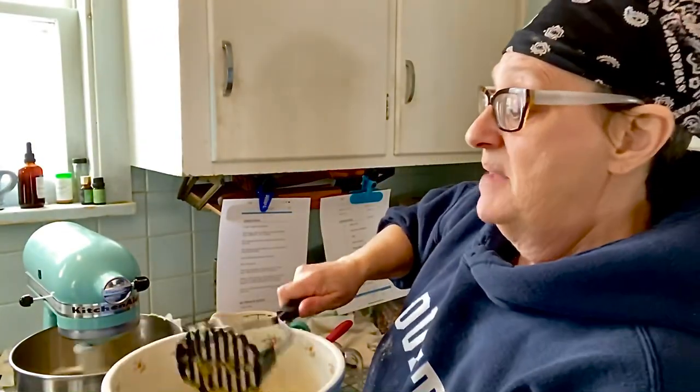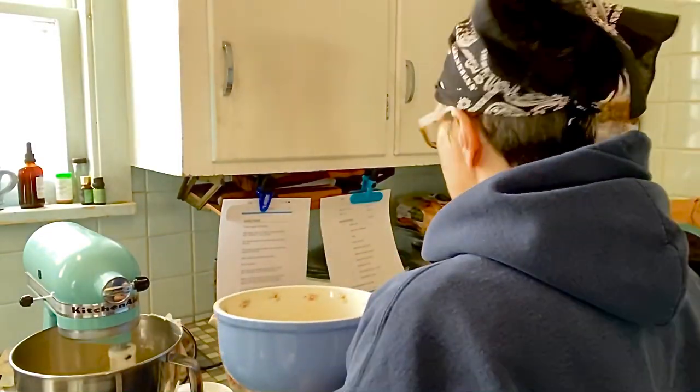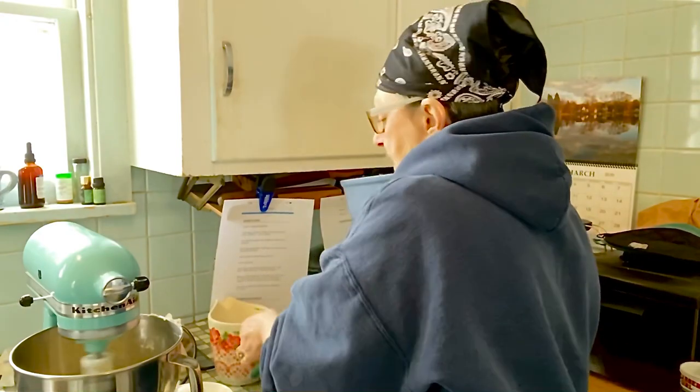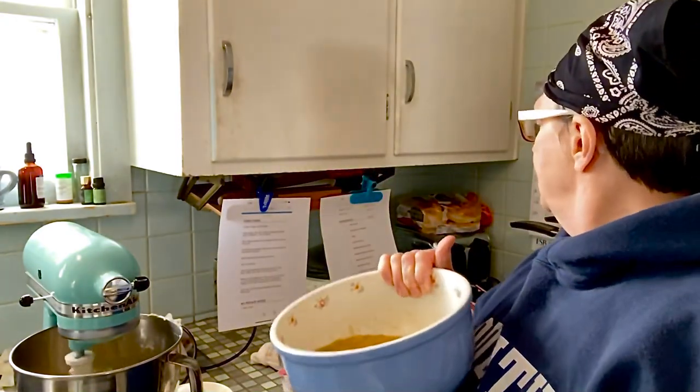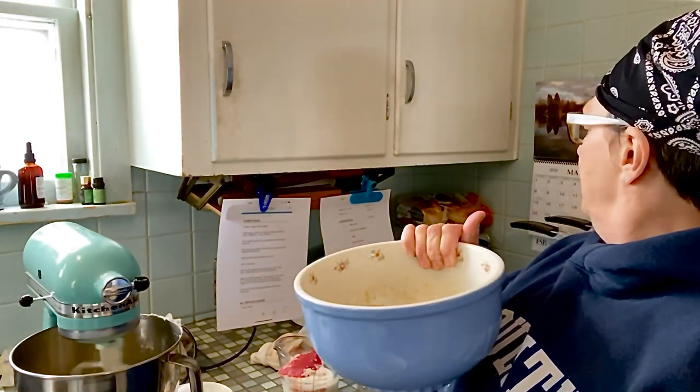And now I'm going to measure those bananas into another liquid measuring cup, which I have right here. So 1 1/4, let's see, is that what it says? Mashed bananas. 1 1/4 cups mashed bananas is going to be 2 1/2 cups of mashed bananas if you double the recipe. So you can have someone who's good at math help you with this,